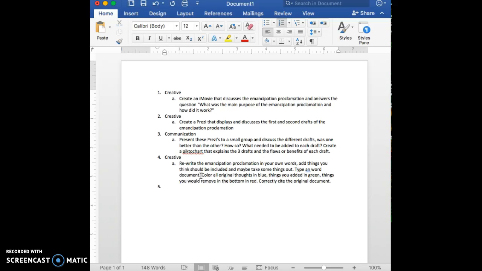All original thoughts. So thoughts that Abraham Lincoln had that you think are awesome, go ahead and make them blue. Things you added that you think need to be in there or think would make the document a little bit better, go ahead and make those green. Things you removed, I want you to cut out and make them red at the bottom and explain why you took them out. And then I want you to correctly cite the original document using APA